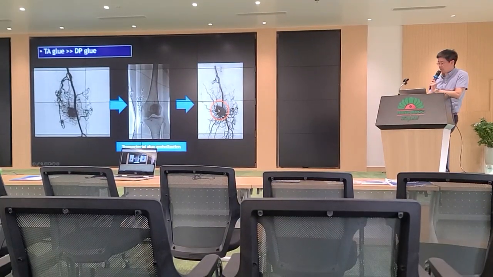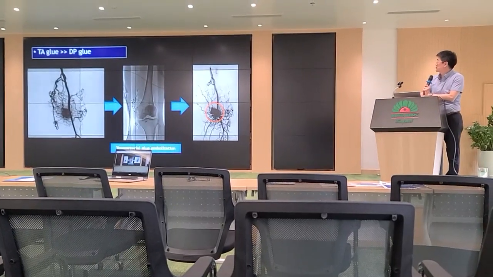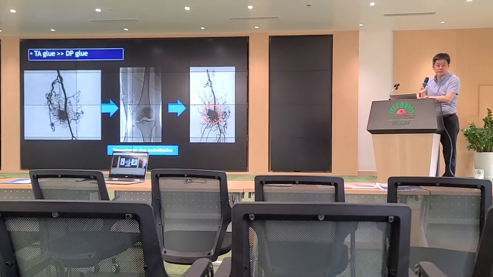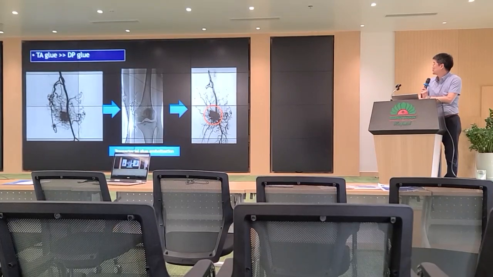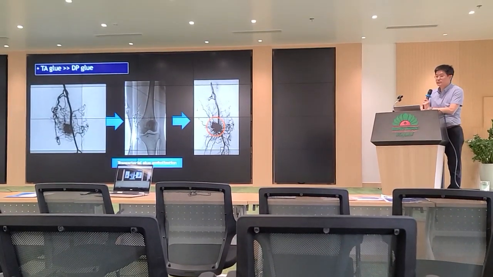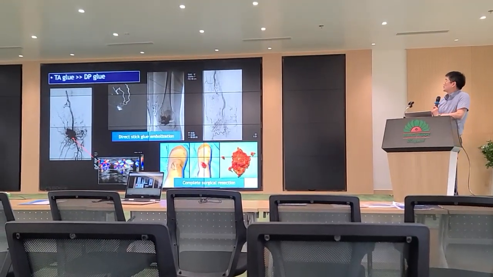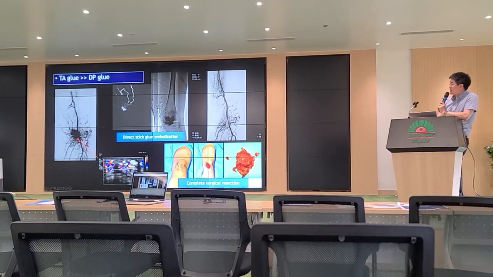Ở đây là một cái dị dạng động tĩnh mạch nằm ở gối, và chúng ta nhìn thấy rất nhiều các cái mạch động mạch nó đi vào ổ dị dạng và cái ổ tĩnh mạch nó giãn. Cái này sẽ xếp vào loại type 2, và ông ấy nút mạch tiền phẫu cho nên là ông luôn dùng keo để nút, nhưng mà keo xong thì nó không tác dụng vì là vẫn còn nguyên cái ổ dị dạng. After that, I